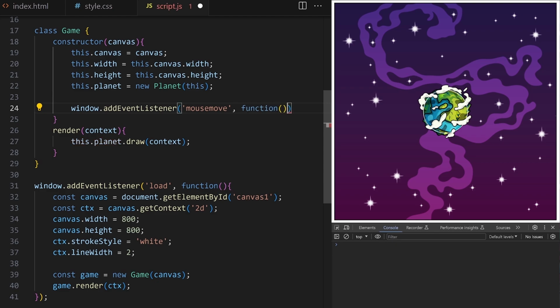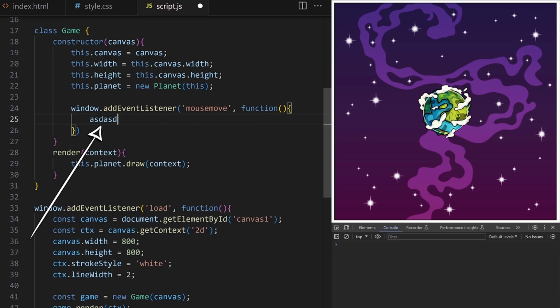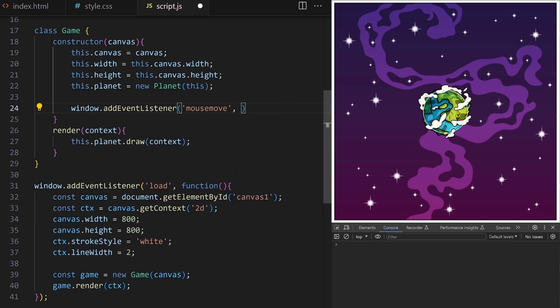Normally with event listeners, we would create a standard callback function and some code to be executed inside every time a mouse move event fires. The challenge here is that I'm putting the event listener inside a constructor on an object. We are inside game class and we are calling the event listener from window object. With a regular callback function, we would lose access to this dot properties that sit on the game class. To keep that access, to make sure that this event listener remembers that it was lexically defined inside the game class, and to allow us to manipulate this dot properties on game class from a callback function on this mouse move event listener, we have to either bind the function or, much simpler, we can use ES6 arrow function syntax here,